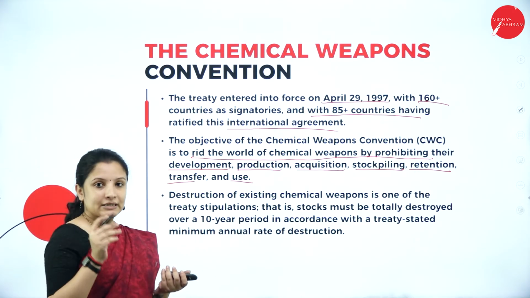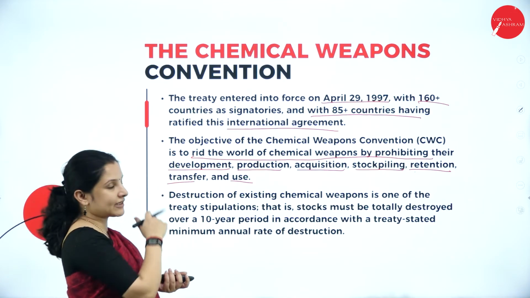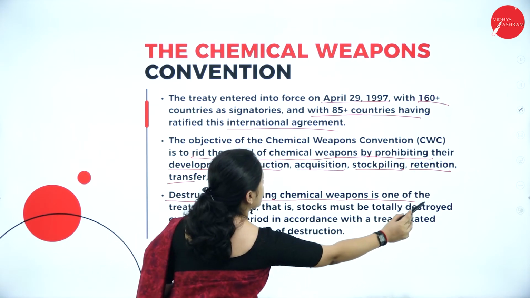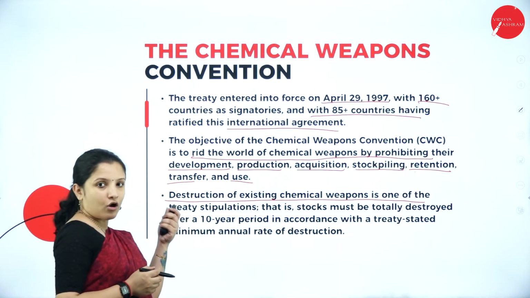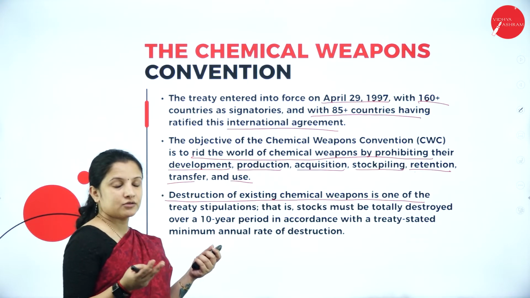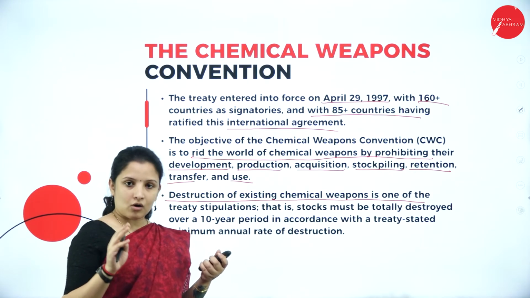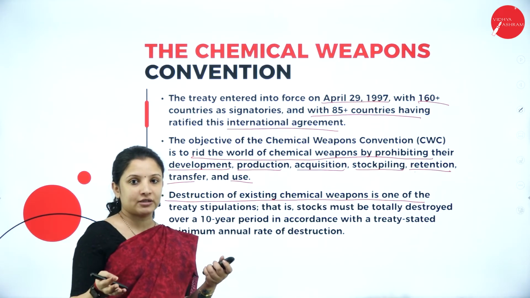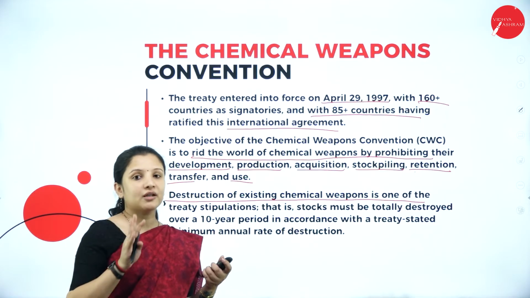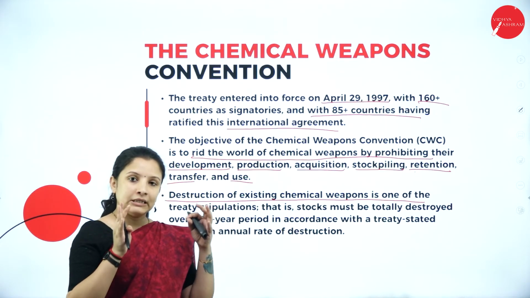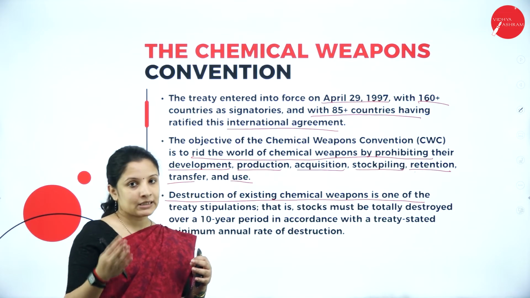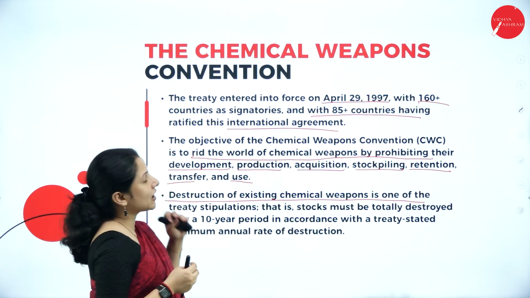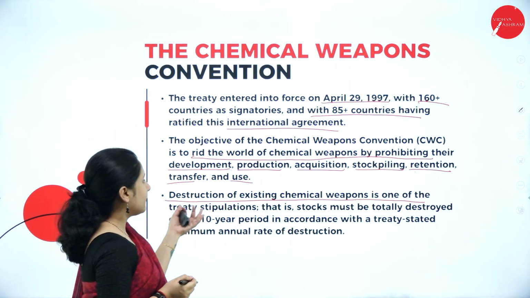And also, these countries, whoever has signed this treaty, are supposed to destroy the existing chemical weapons which they already have, so that they don't use it. If the chemical weapons are there, obviously when there is a war between two countries, they'll tend to use it. And these chemical weapons can be so devastating, they can make the whole land not suitable for human living. So to prevent such problems, this Chemical Weapons Convention has come into force,